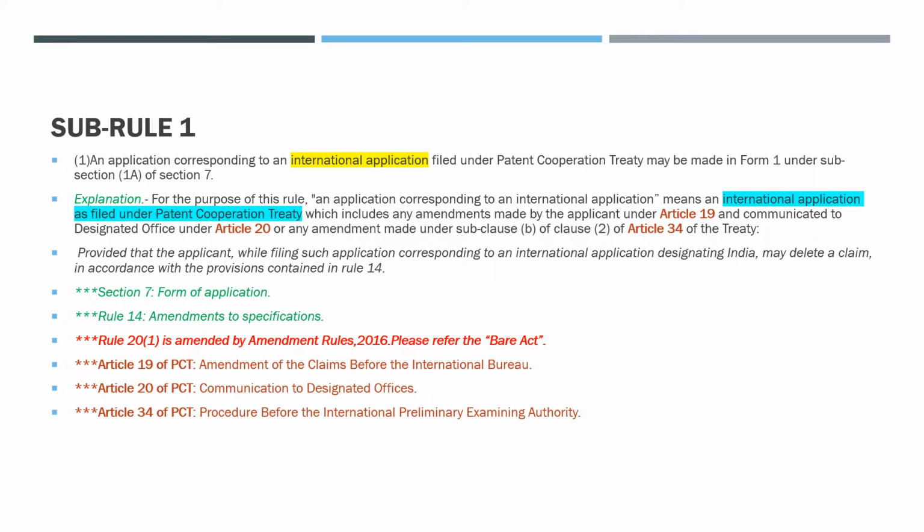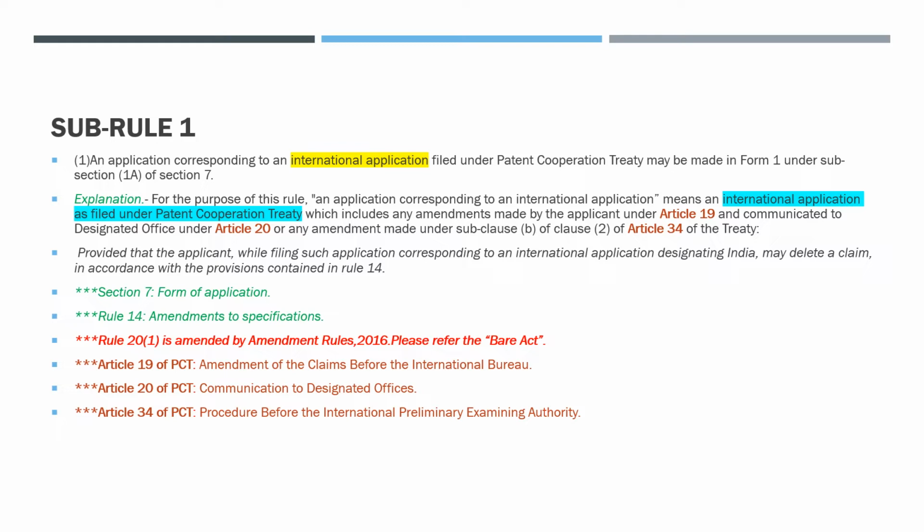Sub-rule 1 in detail. An application corresponding to an international application filed under PCT or Patent Cooperation Treaty may be made in Form 1 under sub-section 1A of section 7. Fine. The explanation is, for the purpose of this rule, an application corresponding to an international application means an international